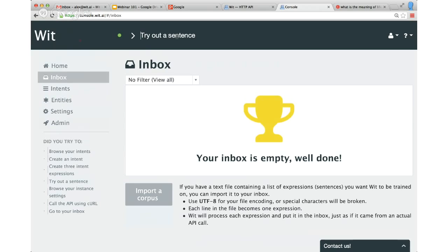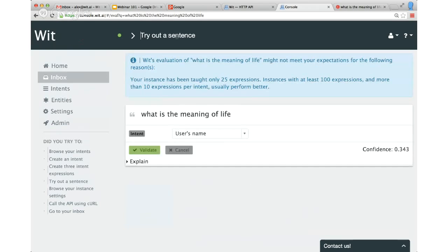So, for instance, I'm sure you will soon get questions like, "What is the meaning of life?" Because yeah, people do ask that to test your virtual agent. Even if you tell them my virtual agent is a home automation virtual agent, they will ask what is the meaning of life. Just a tip, if you try to answer all these questions, it's a never-ending story. You have thousands, tens of thousands of those.